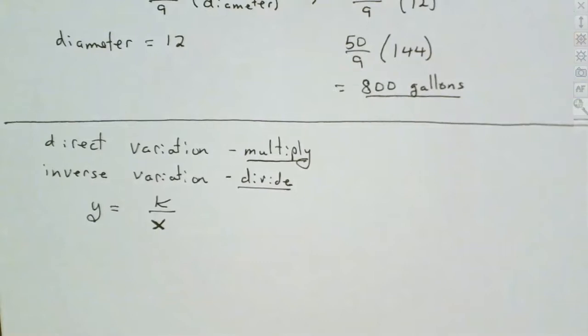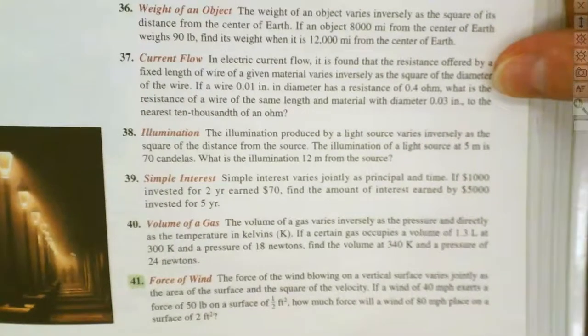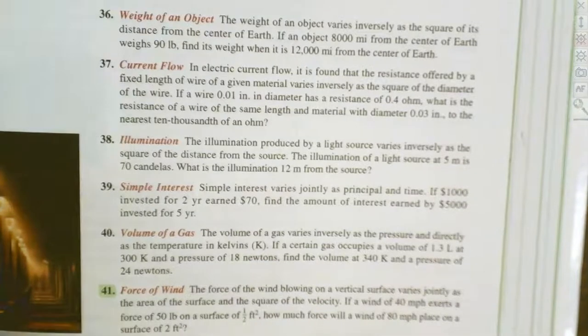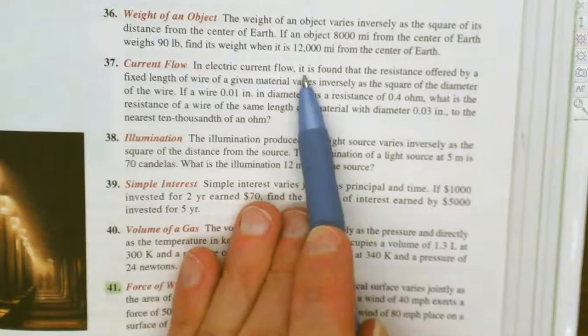So let's look at one of these where it's an inverse. 37. This one's going to be an inverse variation. Now, the only thing we need to remember is direct variation is multiply. Inverse variation is divide. That's the only difference. So question 37, we're looking at electrical current in a circuit. So electrical current flow,